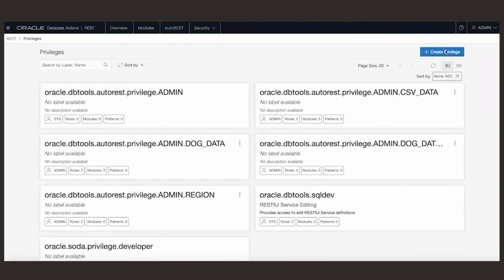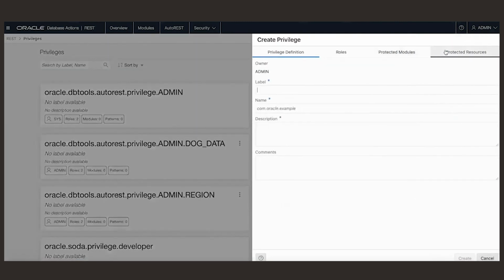And then if we click create privilege, all right, so in the label, we can just say, for example, Live Labs REST privilege. And then we can give a name, oracle.livelabs.privilege.add.